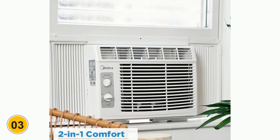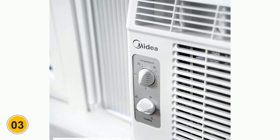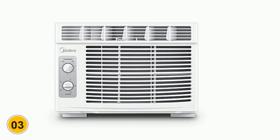This is perfect for you if you have a tiny space and want something reliable, quiet, and cheap to run. Skip this one if your room is bigger than 150 sq. ft., go for 8000 BTU instead. But for small rooms, it's a